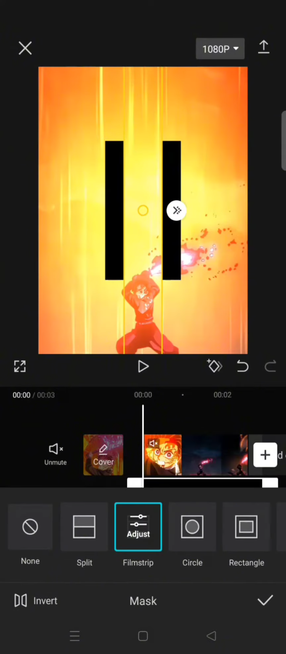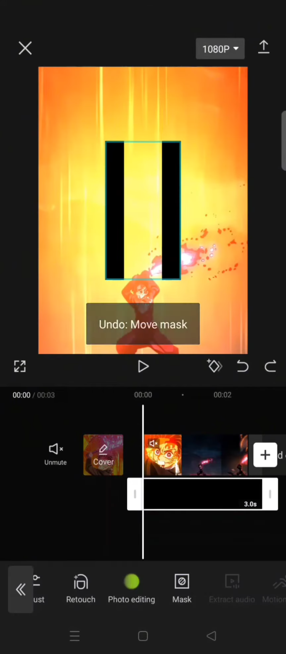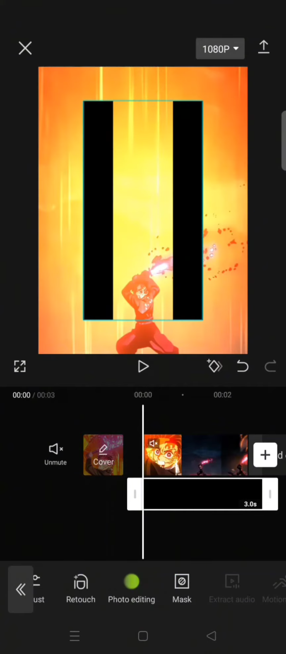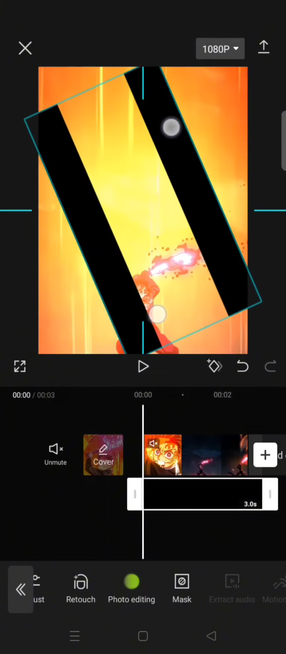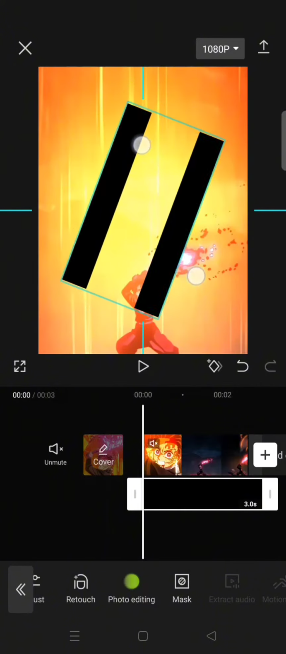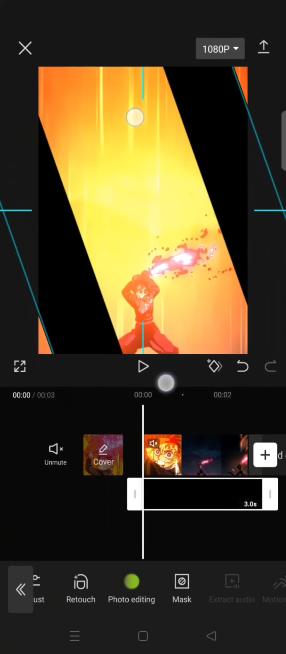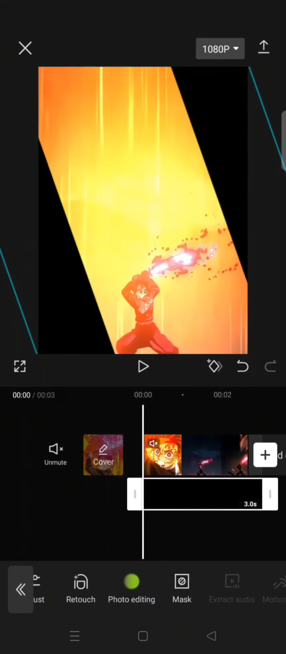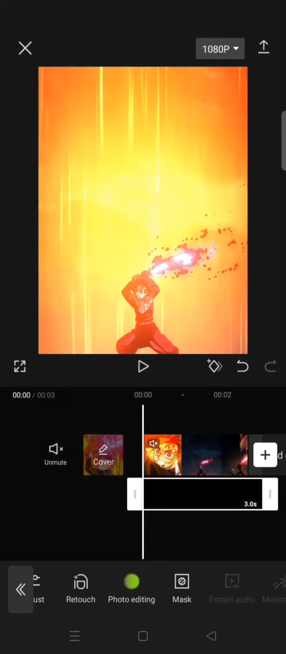Go to mask again and just adjust the size. You can just adjust it like this. Okay, now make it big, and I'm going to rotate it like this until you can just zoom it in. Okay, and make it out of frame like this, and then add a keyframe at the start of the black